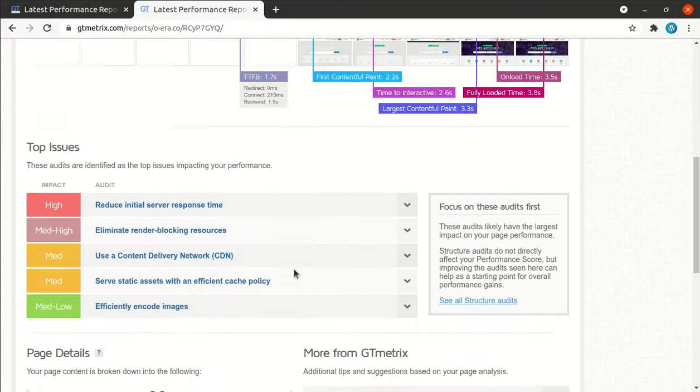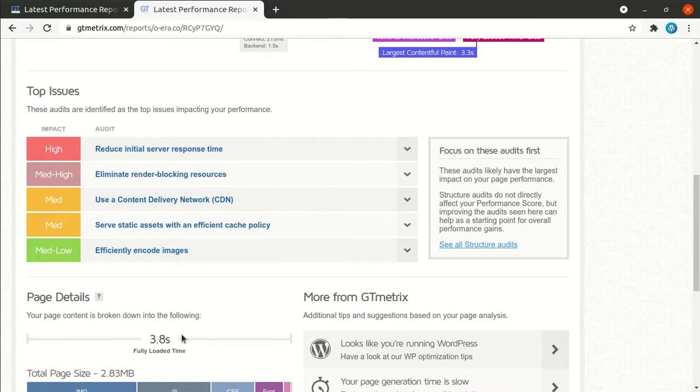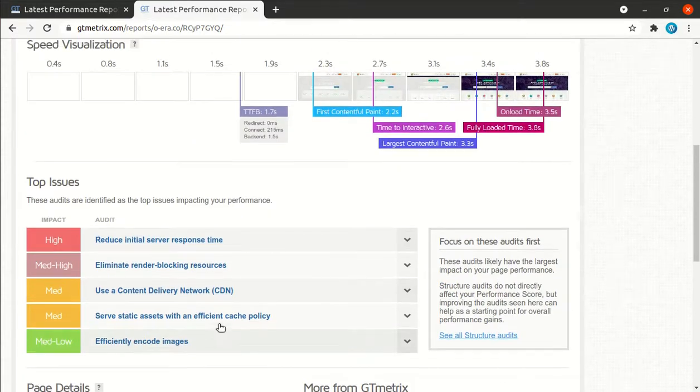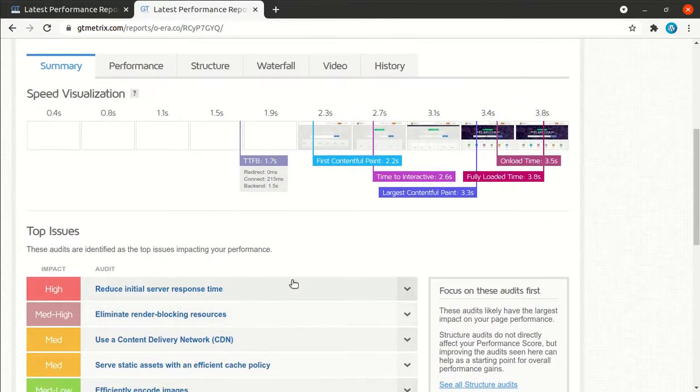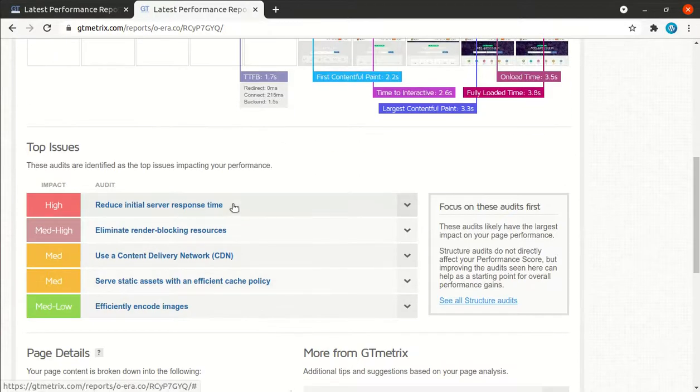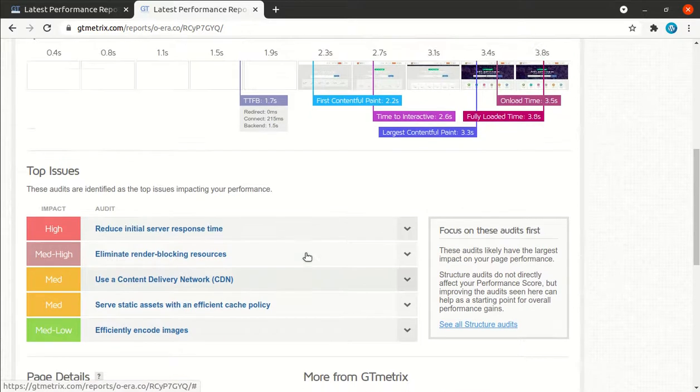The total loading time is 3.8 seconds. It is good that it is loading in just 3.8 seconds, but there are certain things which got red, and medium, high and such alerts. So the impact is very clear, and what we need to do is written over here.